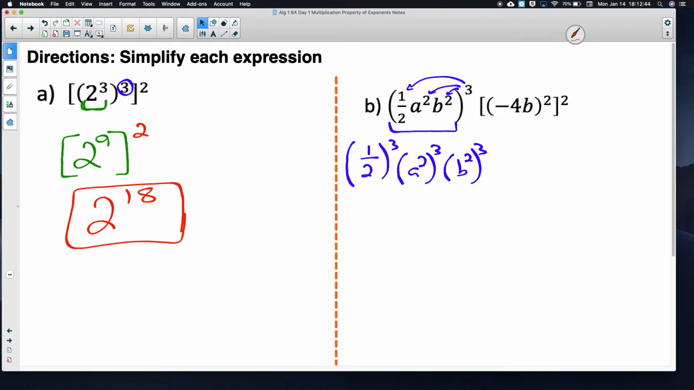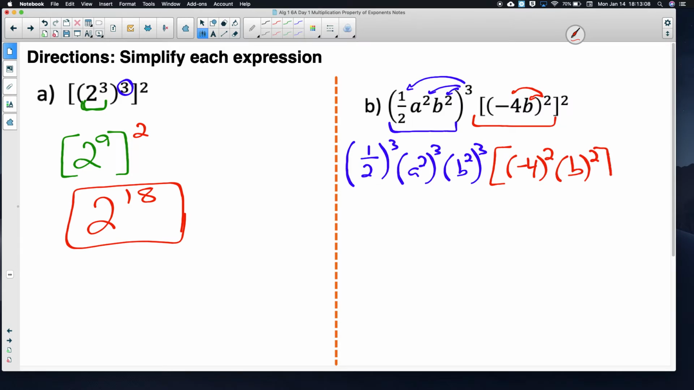Over in this group, inside these brackets, I've got a similar situation going on. I've got negative 4b in parentheses being raised to the second power. So I need to apply that 2 to both parts. I'm going to keep my brackets, but I've got negative 4 raised to the second power, and b raised to the second power. In this red grouping, I'm not quite done though, because I've still got this 2, this raised to the second